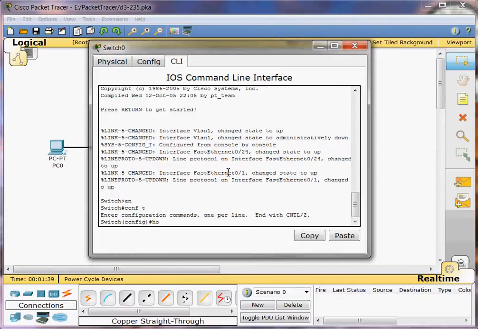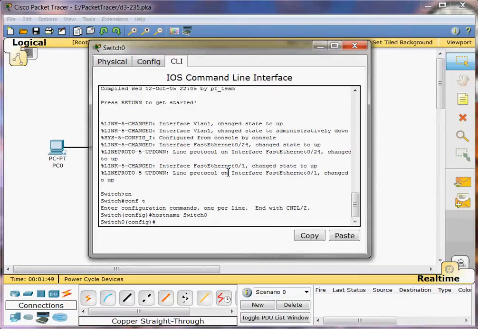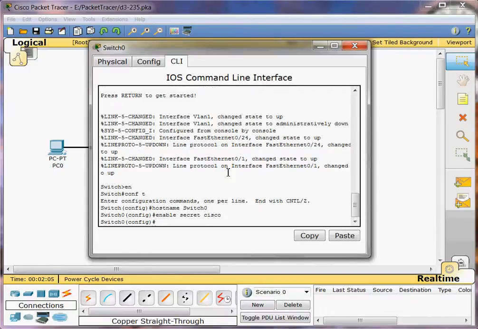give it a host name of Switch0, and then we're going to configure and enable the secret password. So enable secret, I'm going to type in Cisco, and then we're going to configure the interface VLAN 1. So we're going to type in interface VLAN 1,